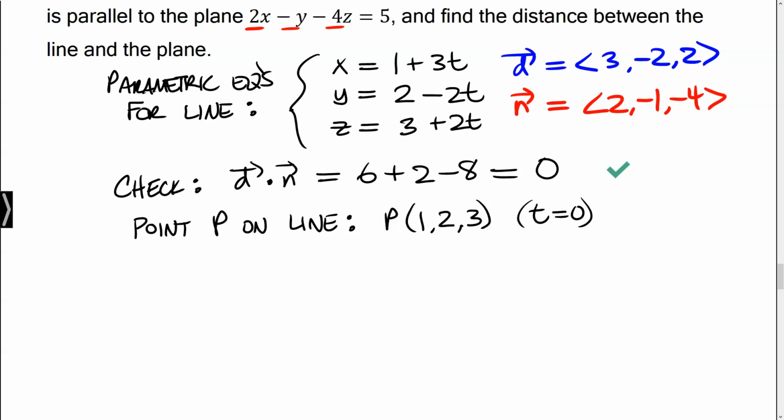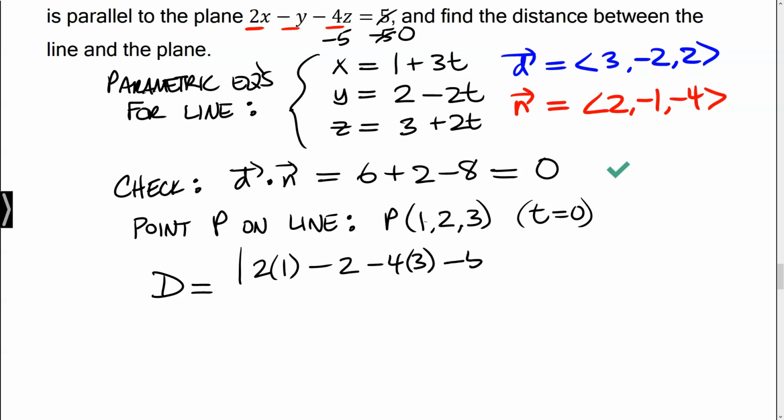We've got our equation of the plane up here, 2x minus y minus 4z equals 5. So we're all set up, if we remember that this is minus 5 is equal to 0. Don't forget that. We're all set up to say our distance. So our distance is going to be the absolute value of 2 times 1, and we're just plugging in 1, 2, 3 up there, so 2 times 1 minus 2 minus 4 times 3 minus 5,